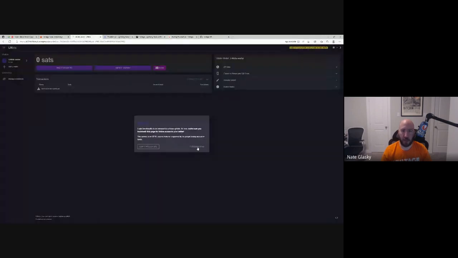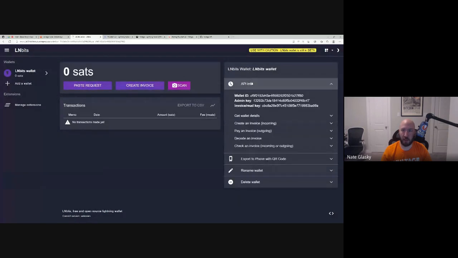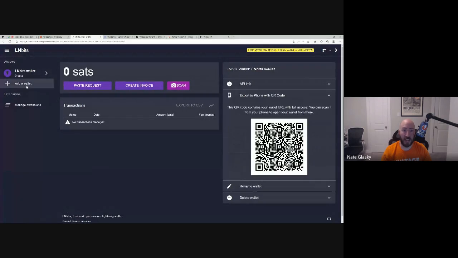Okay, so back to this LNbits, which is really, really neat. All the API info is immediately on the right side, and you can actually create wallets from within your Lightning node. So if you are running a Lightning node and you want to give somebody the power to own, not really own, but like allocate funds to somebody else, you can add a wallet in here.